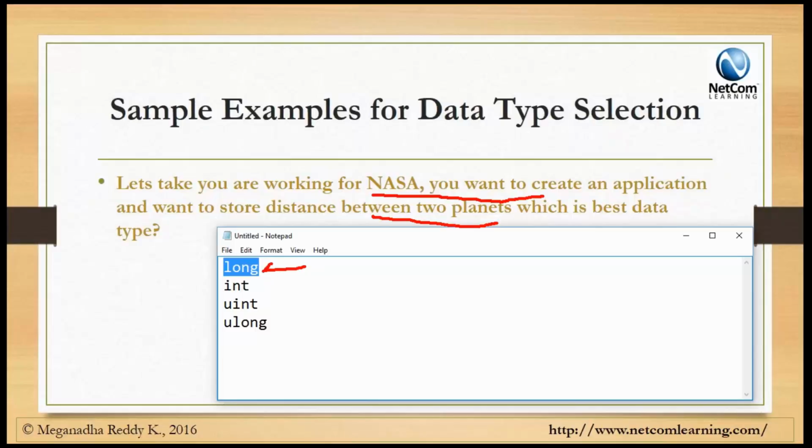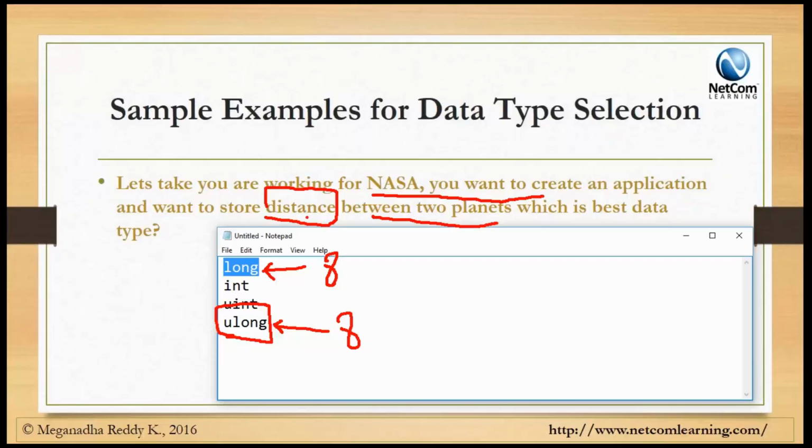But we should definitely think about whether to go for long or ulong, because distance can never be negative. Both will take 8 bytes of memory. No doubt about it, ulong also takes 8 bytes, and long also takes 8 bytes. But when you go for ulong, unsigned long, you get a range which is more than that of the long data type. So when I get a requirement like this, I will definitely prefer ulong,